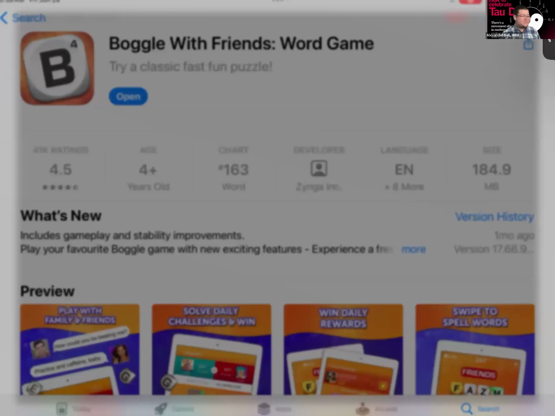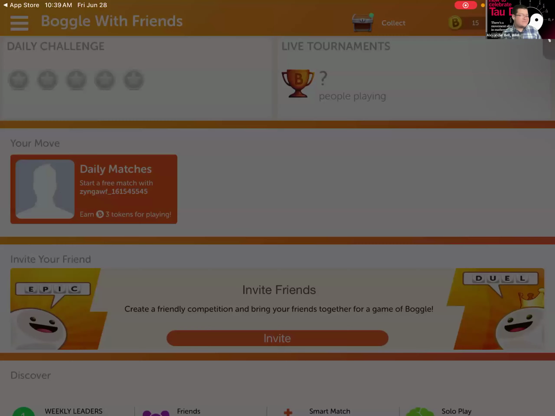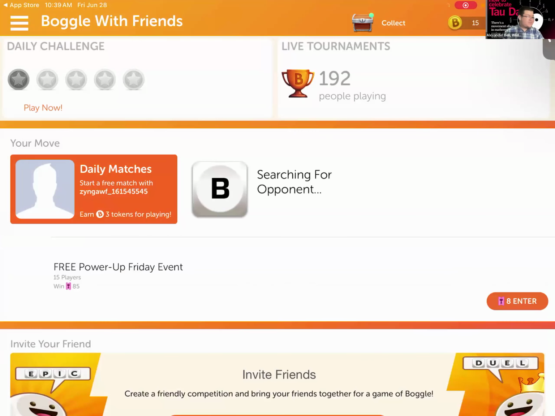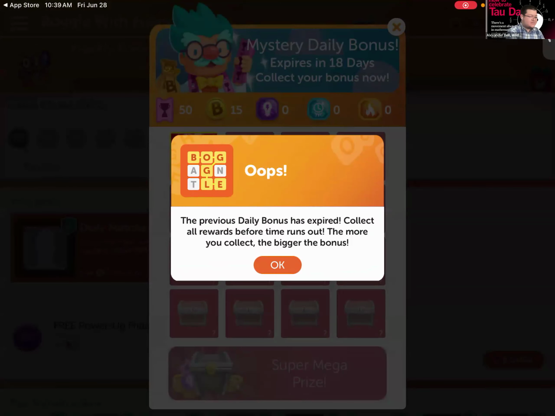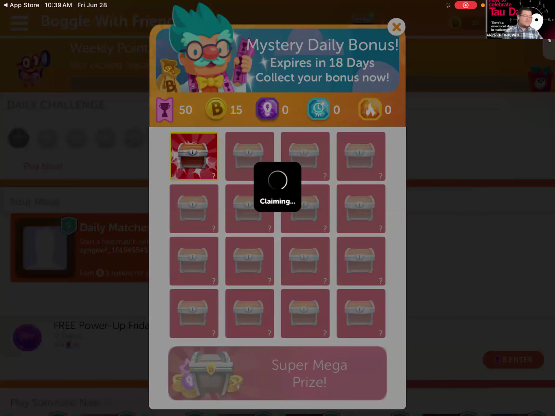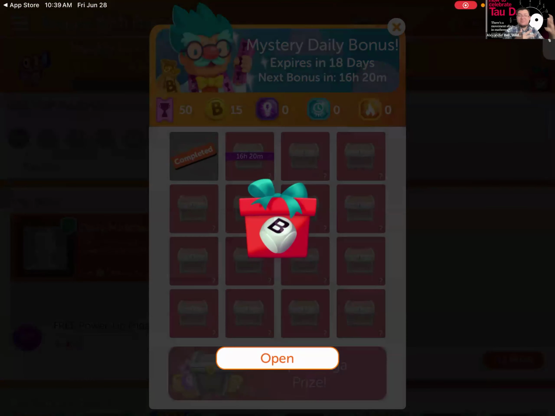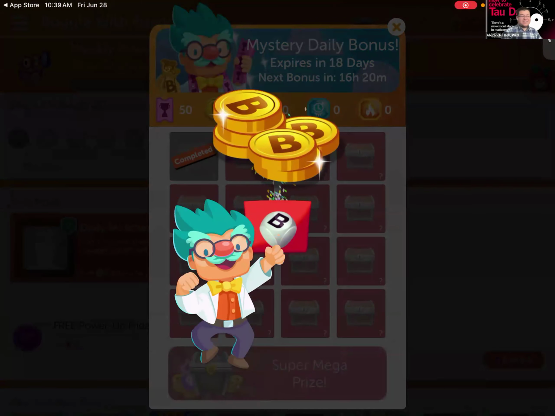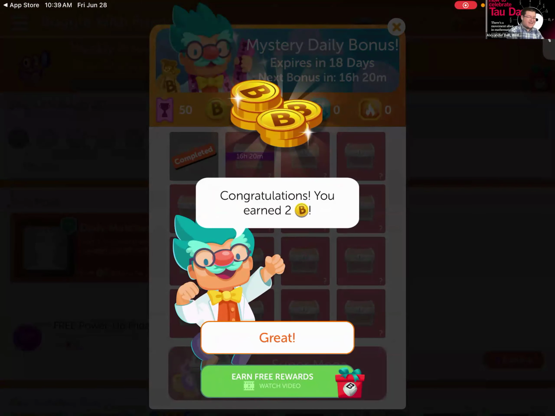So let's open Boggle with Friends and see how we can take advantage of this app. Here is a daily bonus. When you get into the app, just make sure you follow the prompts on the screen so that you can utilize the app.